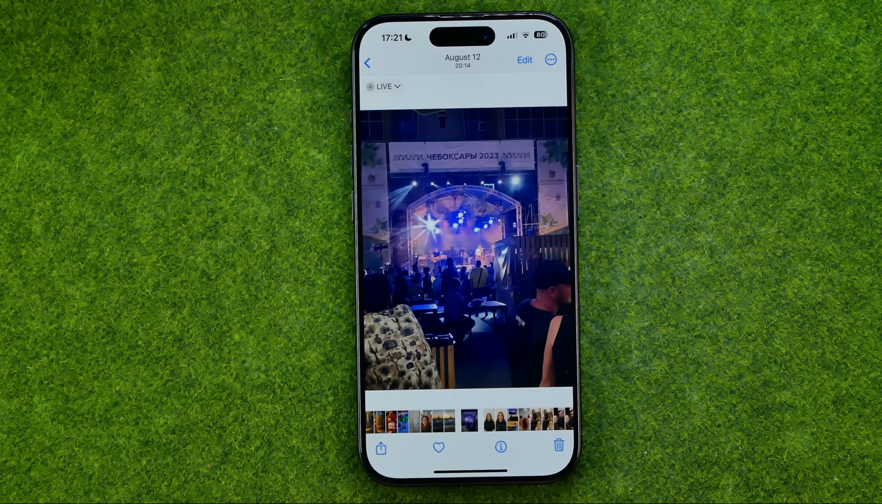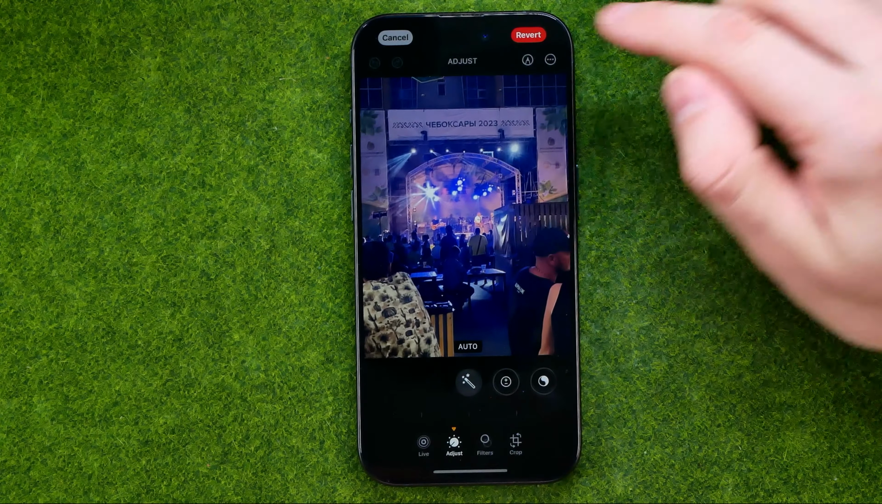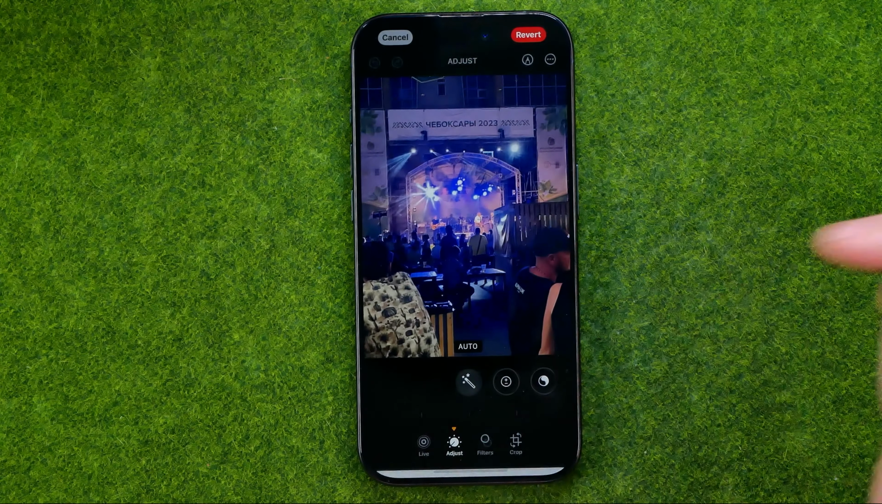Don't be afraid of editing live photos and regular photos using your Photos app, because any time we can revert it back to original. To do that, tap at Edit, Revert, and then Revert to